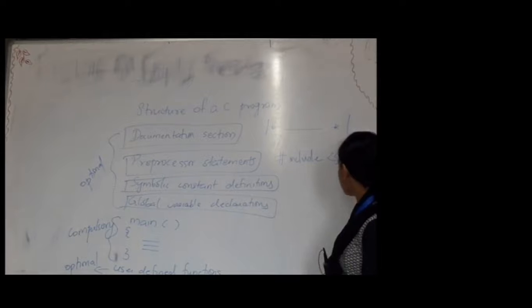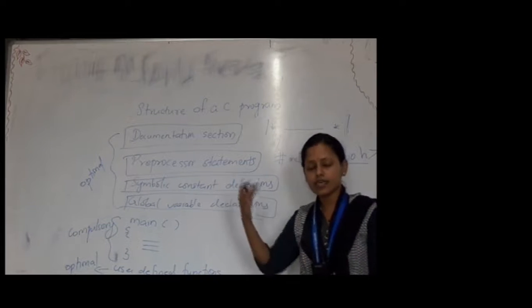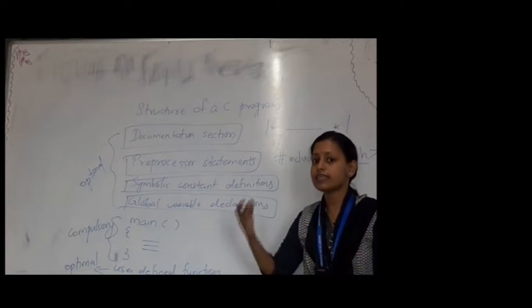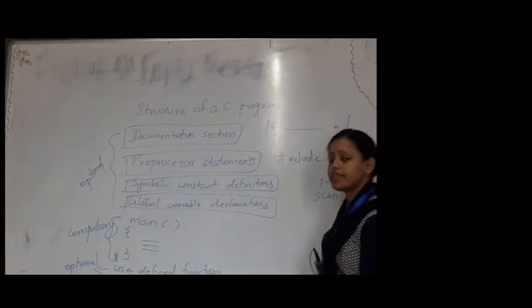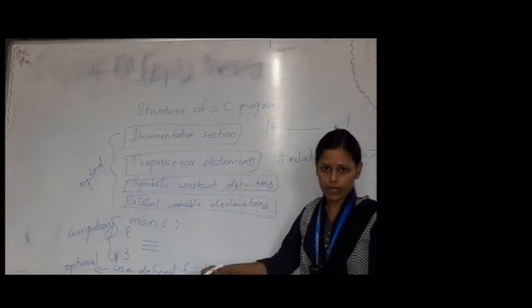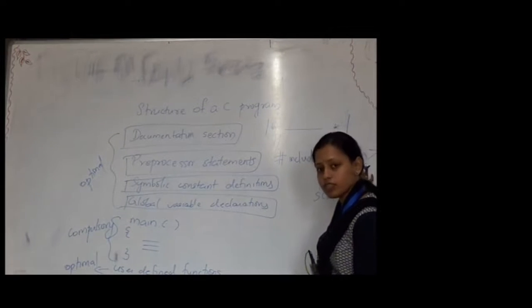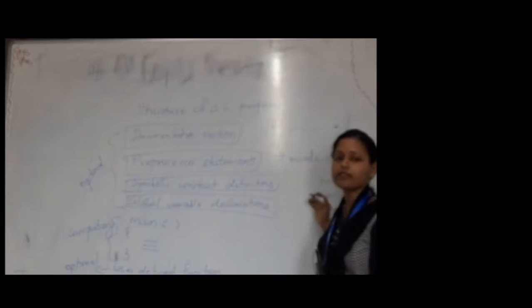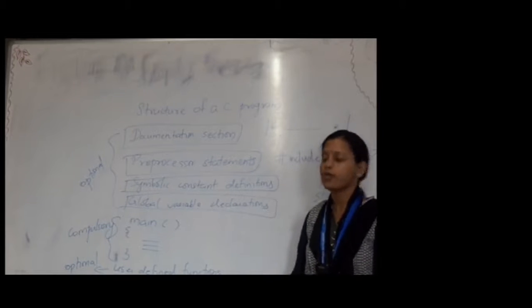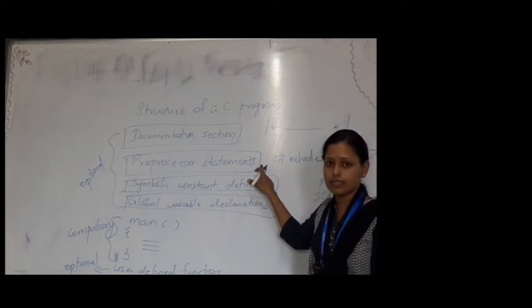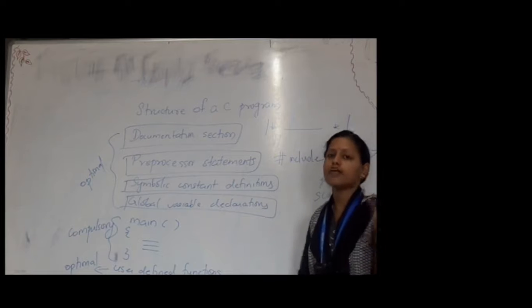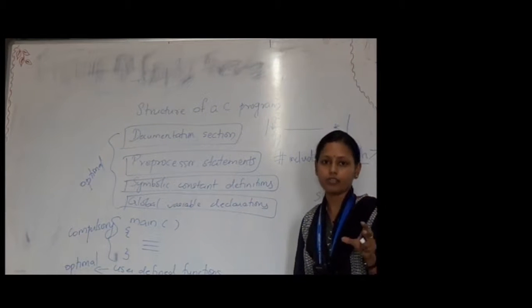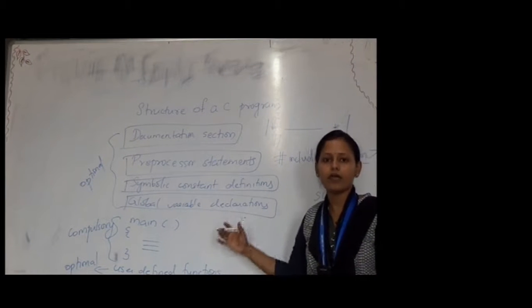So stdio.h is a header file which consists of library functions, that is inbuilt functions in C like printf and scanf. So when we include the file stdio.h into our program, all the library functions which are inbuilt, like printf and scanf, can be used by us in the program. So that is the purpose of preprocessor statements or preprocessor directives. That is, we can include files which contain inbuilt library functions so that they can be used in our program.